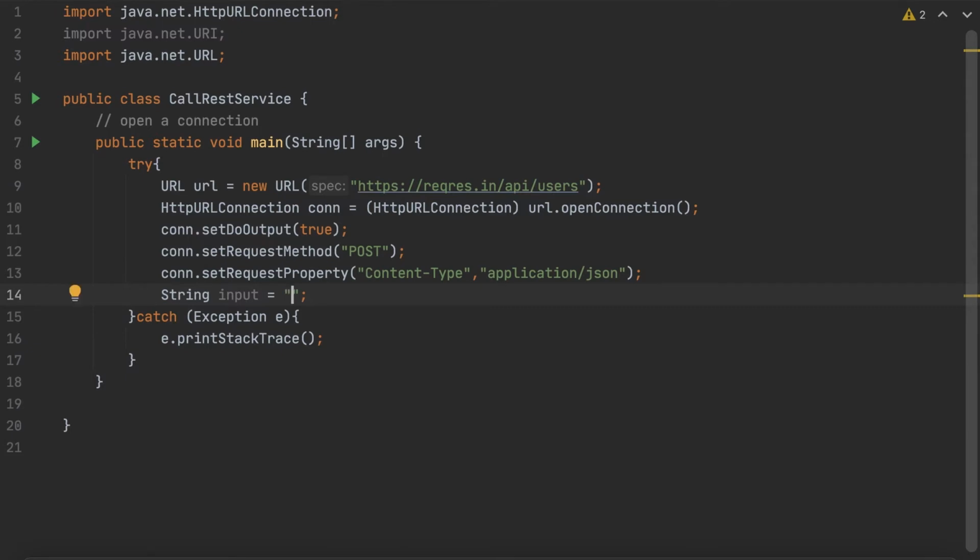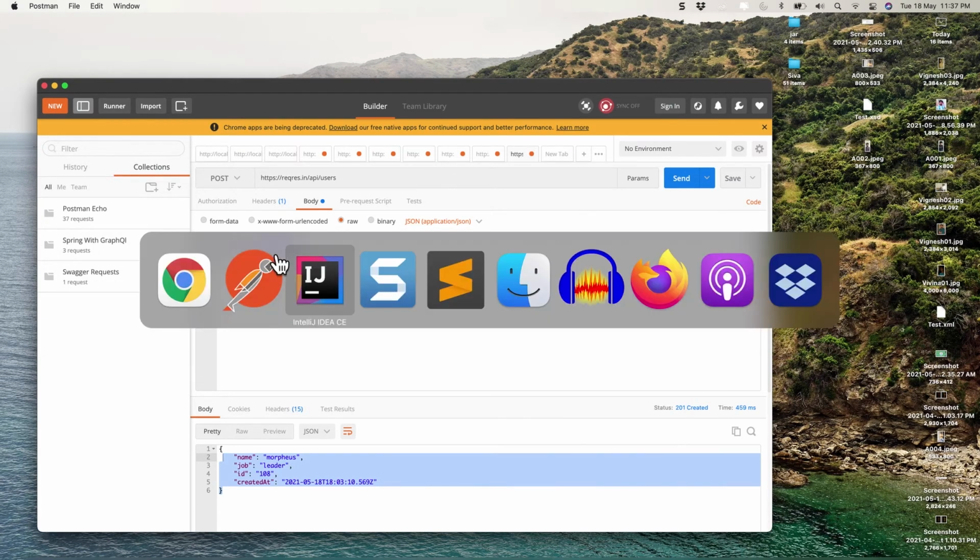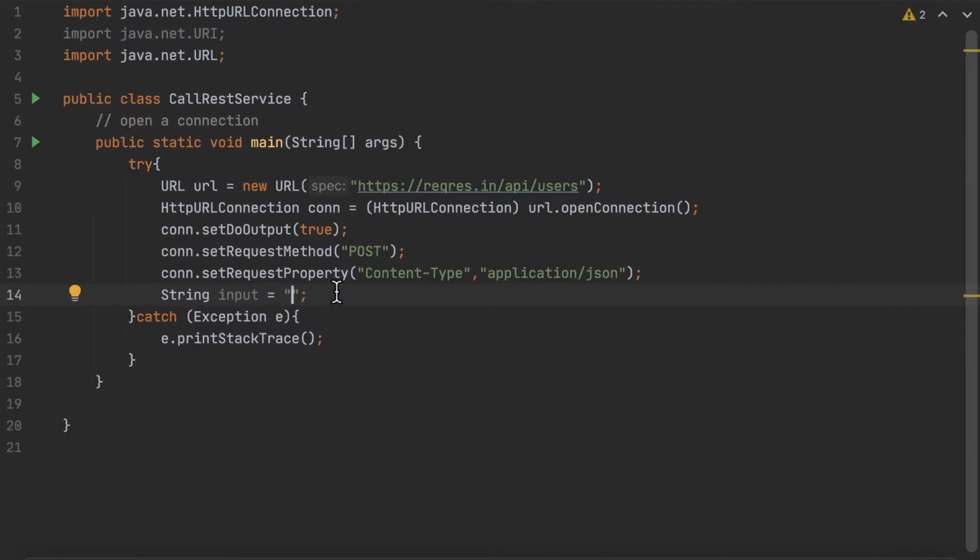So first thing, the name. Name is the first one, second is the value. So name and a value, job and a value. Okay, so let's go back to the IDE and we'll try that. So let's open the curly braces because JSON is between the curly braces, right? So let's write, and here I have to provide the name in quotes, and after that we have to provide the colon, after which we need to provide the value as well.